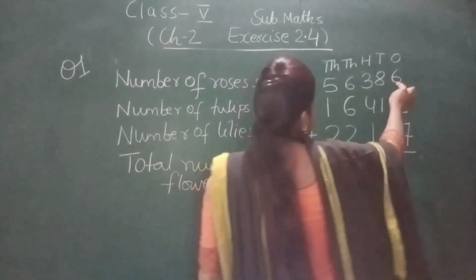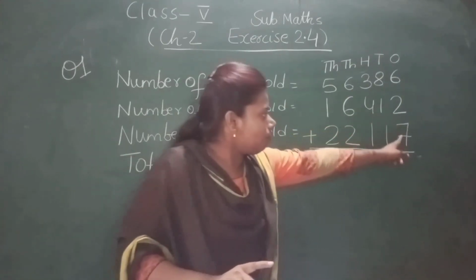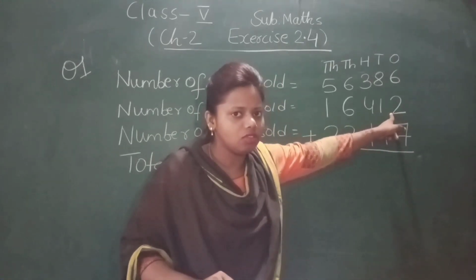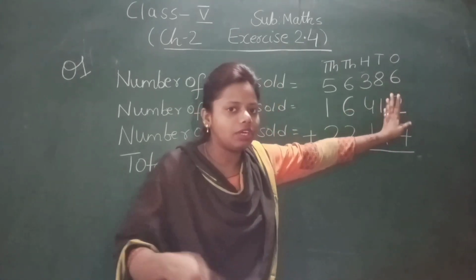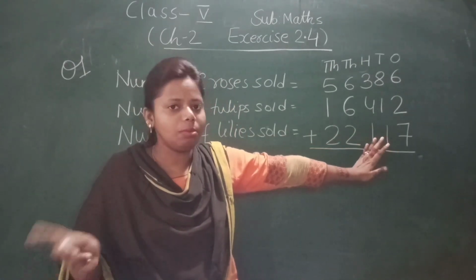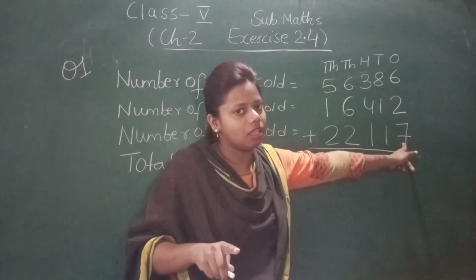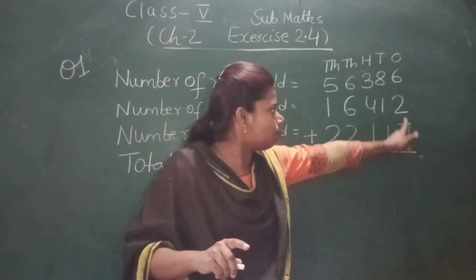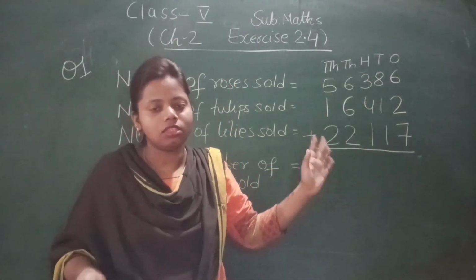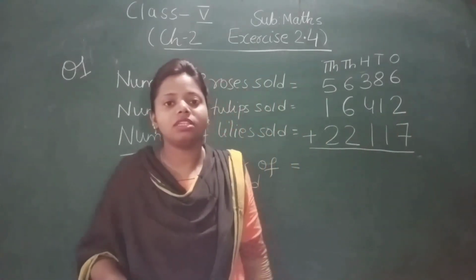So now let's add 6 plus 2. 6 plus 2 is 8. Now in 8 we have to add 7. You can also add from 7 plus 2, or you can add 6 plus 2. I have already told you, in addition you can change the order of the addends. The answer will be the same. So I am doing 6 plus 2, then I will add 7. So let's start. 6 plus 2 is 8.